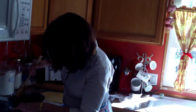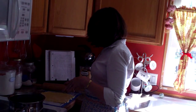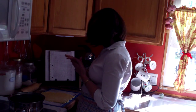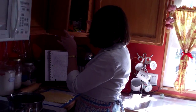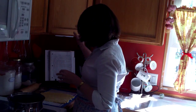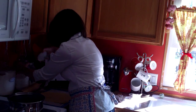All right, so we've got probably about 5 more minutes on the raisins. And we're done with this pie crust until we can set it and get it fixed. So what we're going to do now is finish our raisin filling. So we want to go ahead and mix some sugar and some cornstarch. And the cornstarch is what's going to thicken up the filling. So let me get out my measuring cups here. And I do need a bowl. Grab a bowl down here, and I need 3/4 cup of sugar,